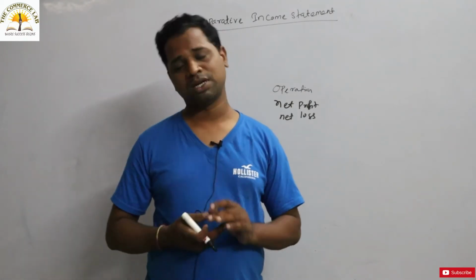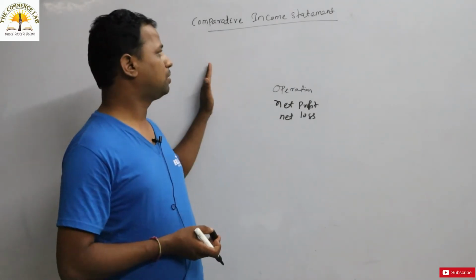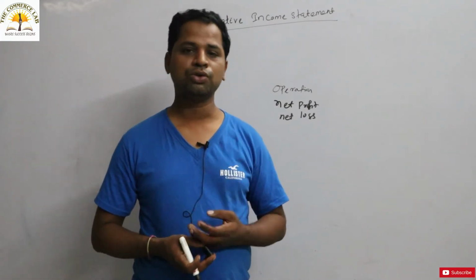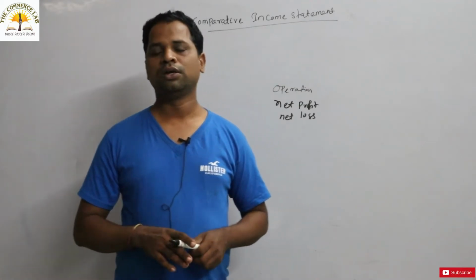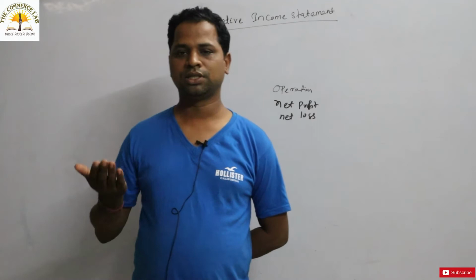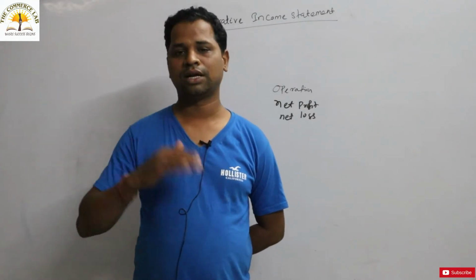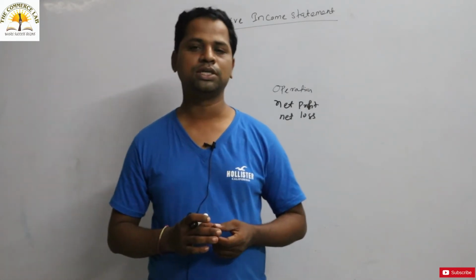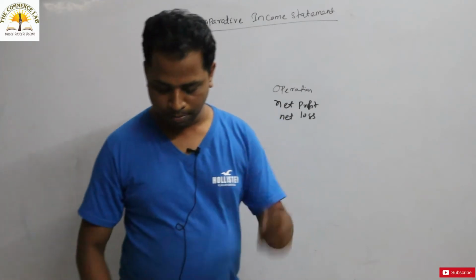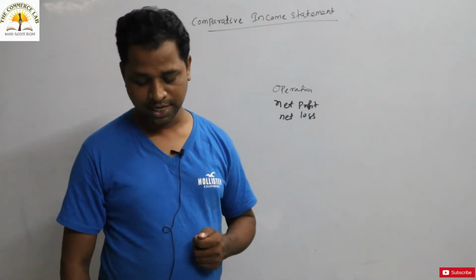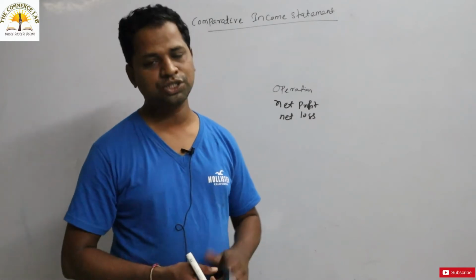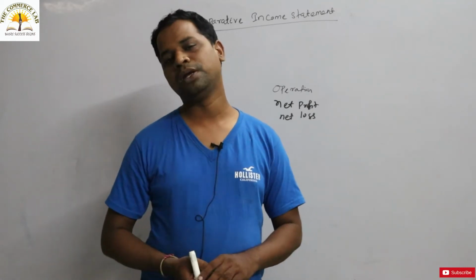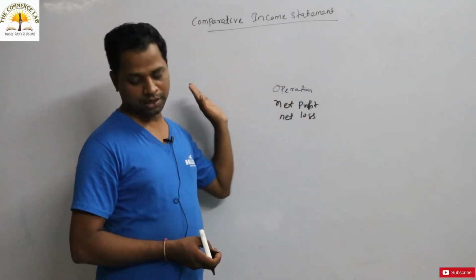Also for the planning as well as forecasting, we can take the help of this comparative income statement. So comparative income statement is also a tool for decision making, whether your income is increasing or not, whether expenditure is increasing or not, to what extent it is increasing, that trend, the operating position, the operations of a business concern is clearly known through this comparative income statement, or simply known as statement of profit and loss. How much the change in income and expenditure over a period of time from one year to another, you can know through this comparative income statement.